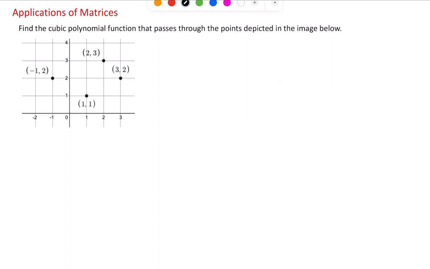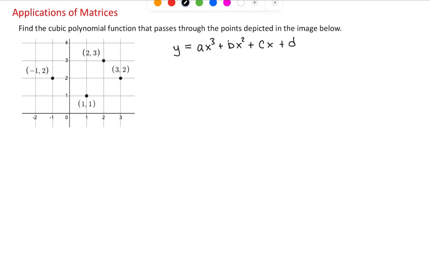Okay, so we have 4 points depicted in this image, and we must find a cubic polynomial that will go through them. Now, a cubic polynomial in general form is written as y is equal to some leading coefficient times x cubed plus another coefficient times x squared plus another coefficient times x, and then plus a constant term. So there are 4 coefficients that need to be determined here so that our polynomial will pass through these 4